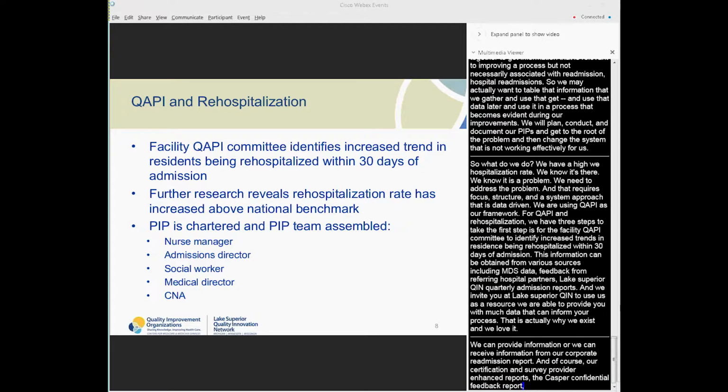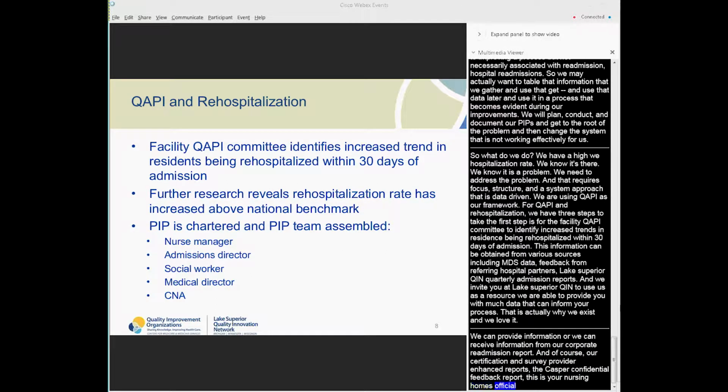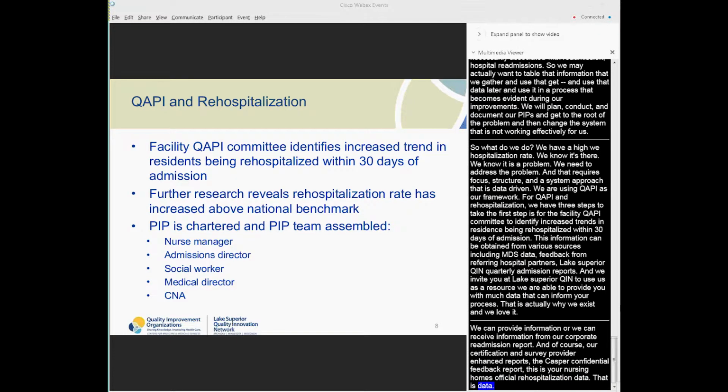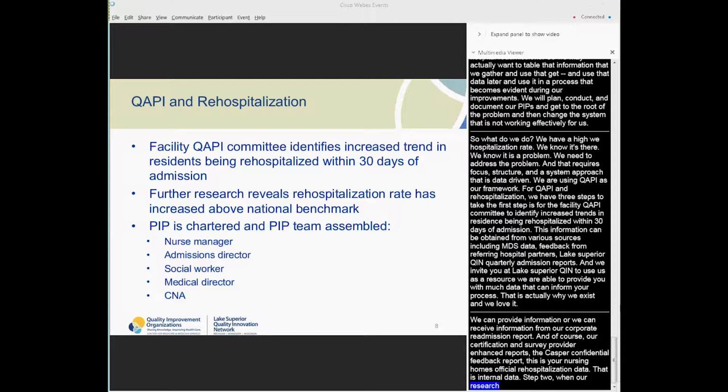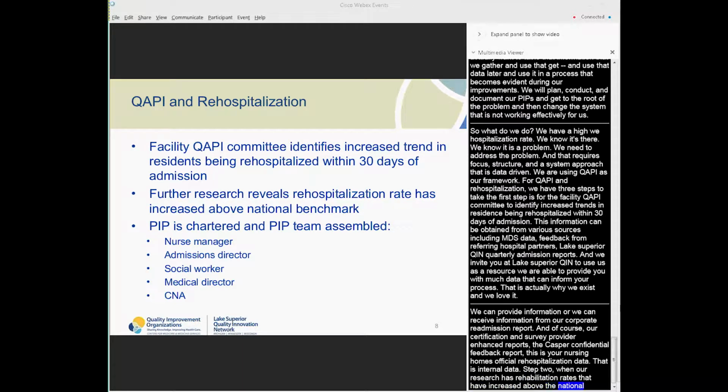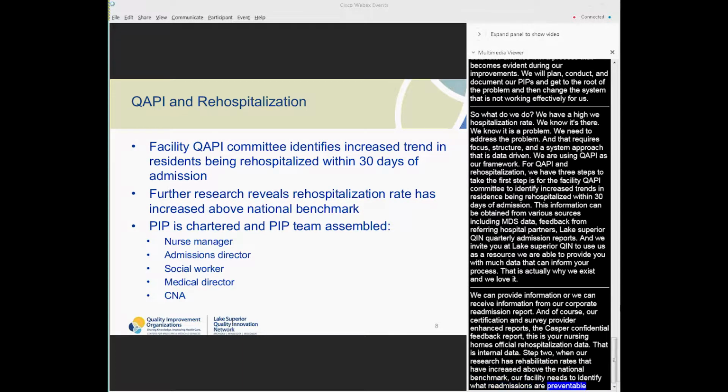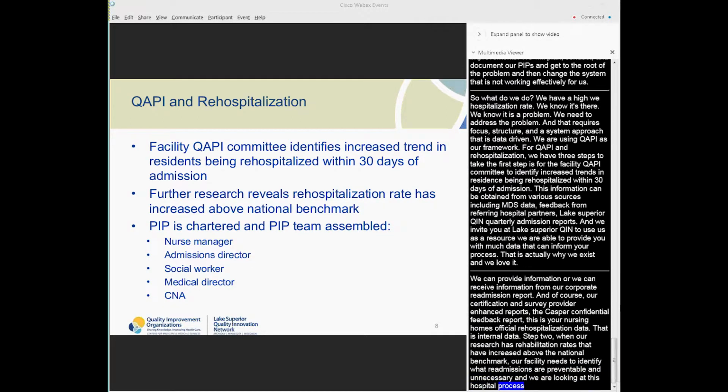With step 2, when our research reveals rehospitalization rates that have increased above the national benchmark, our facility needs to identify what readmissions were preventable and unnecessary. And we're looking at this hospital readmission process through the eyes of our residents, because they are the population that is impacted, and that's why